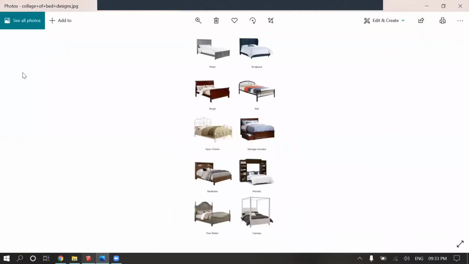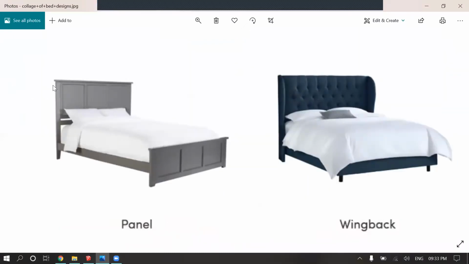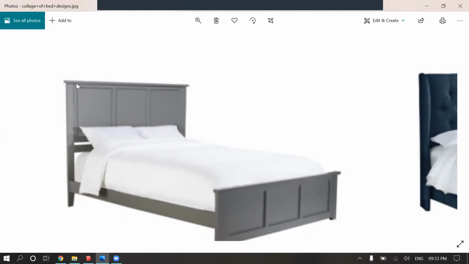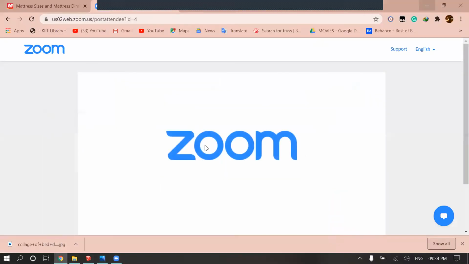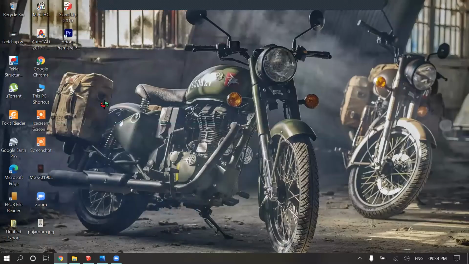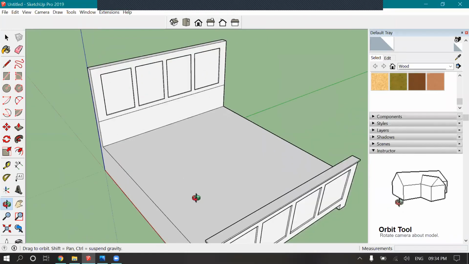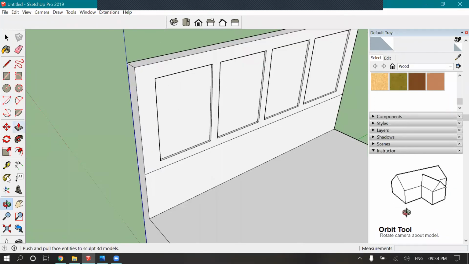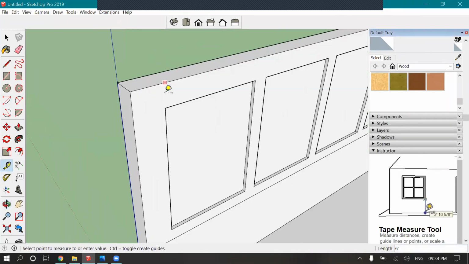The detail we are not caring about is the top part. So we will be doing the same as I have done on this part. We will be doing the top part of this. So again, measure tool, 0.5 inches, 0.5 inches.